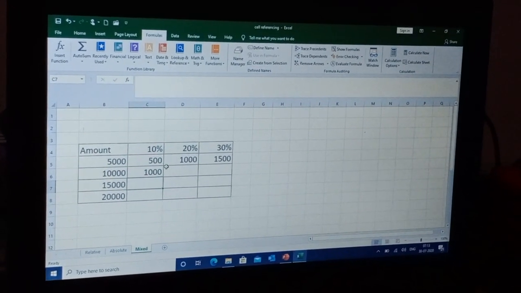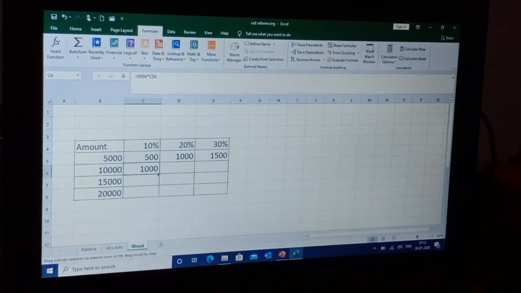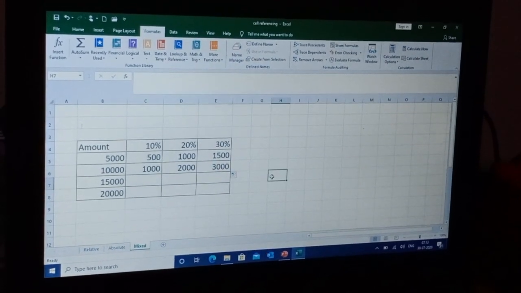Enter. You will get the values. Click and drag. You will get the amount for each cell.